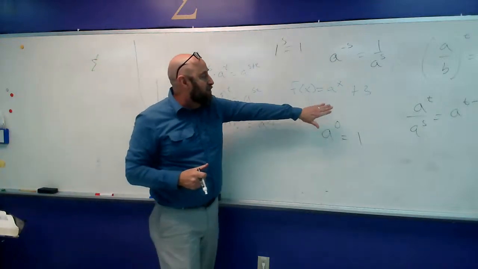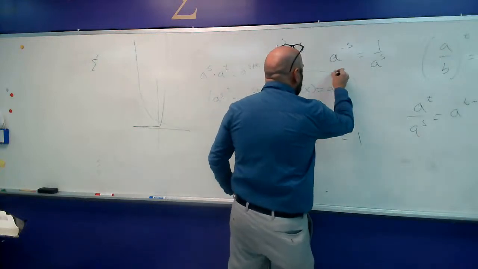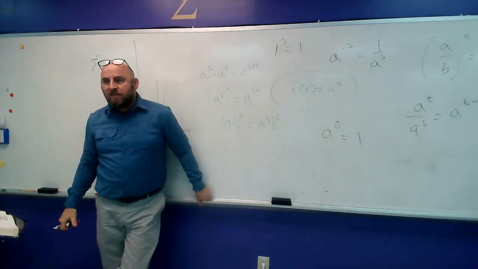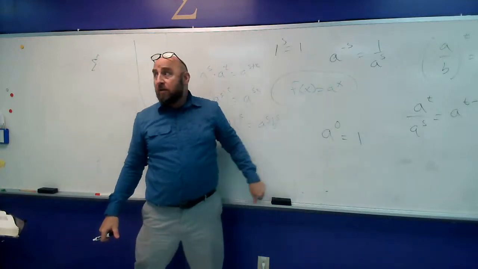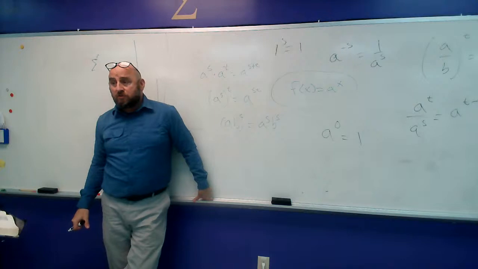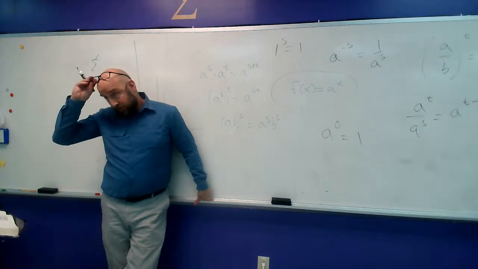If you look at a of x, we're going to go back to this function. Is there any x that doesn't work? Well, there's the x. But is there any x that you can't use? There's not. The domain is negative infinity to infinity. Every value for x works on an exponential function. Every possible value for x works for the domain. Now the range,